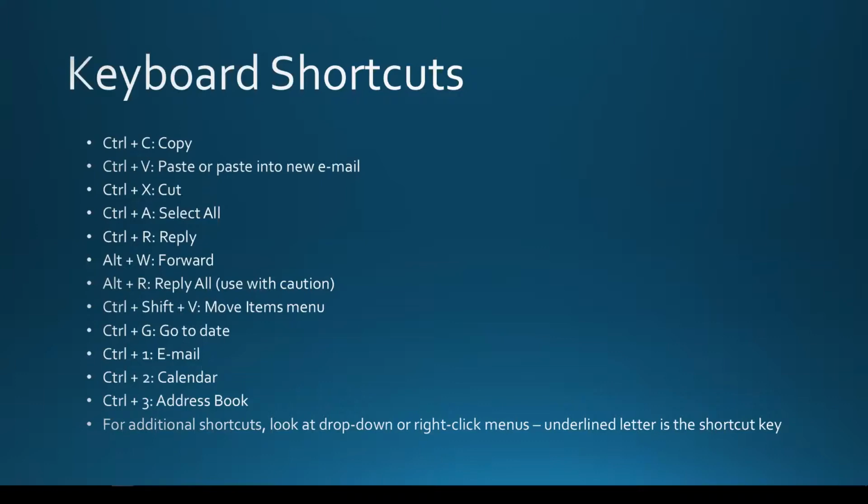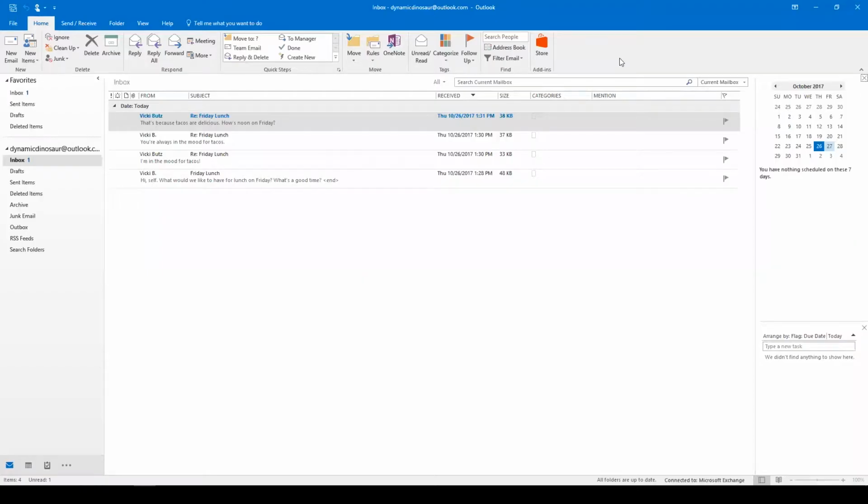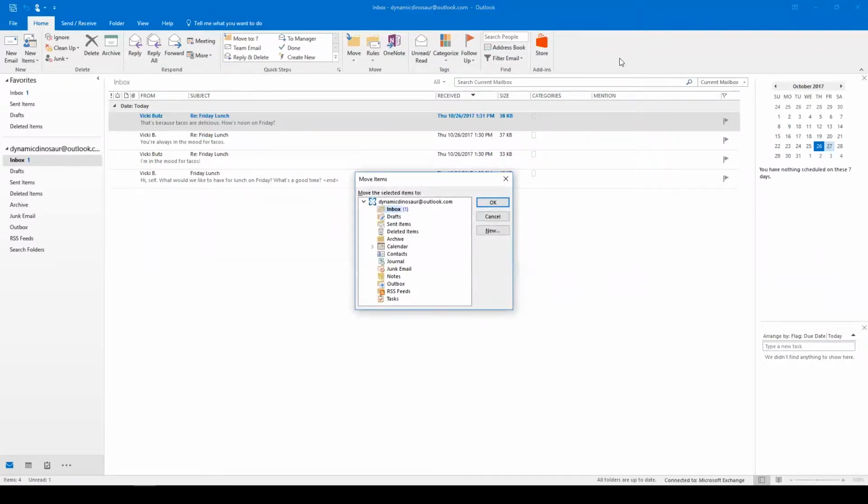Control-Shift-V is the Move Items menu. That one I will show you. Control-Shift-V is going to allow you to move emails automatically to your folders. So right now, this is a brand new demo account. There's not a lot in here. I don't have any folders set up. We are going to go into how to set the folders up, but I wanted to show you a brand new, bright, shiny, clean version so that we can see what it looks like when we start to do the